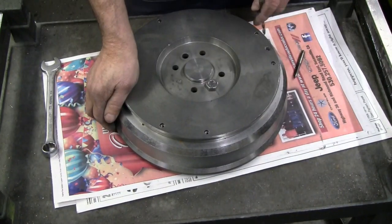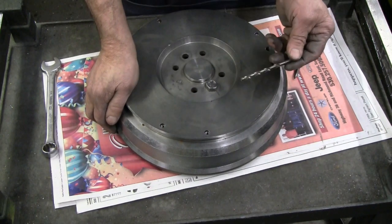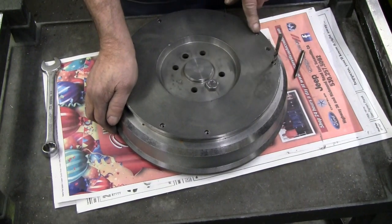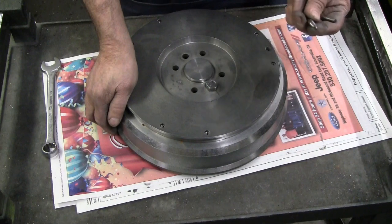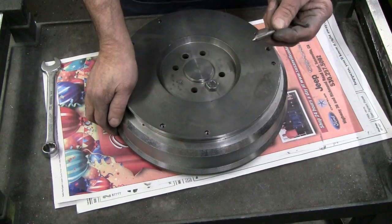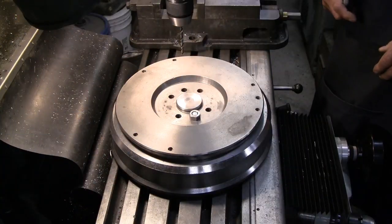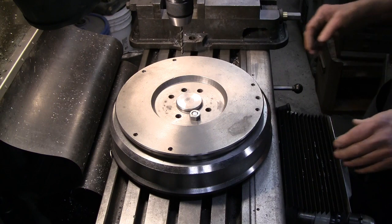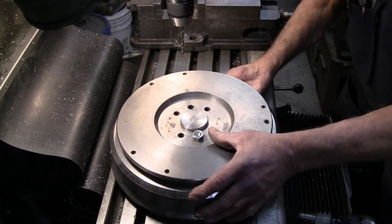I'm not sure how well this will show in the video, but I'll give it a try. I've got a nice sharp F drill, tap drill. I'll run that through this bolt pattern, and then I'll go back around with the 5/16 tap. Well, we'll see how this works for filming. I've got my F drill,